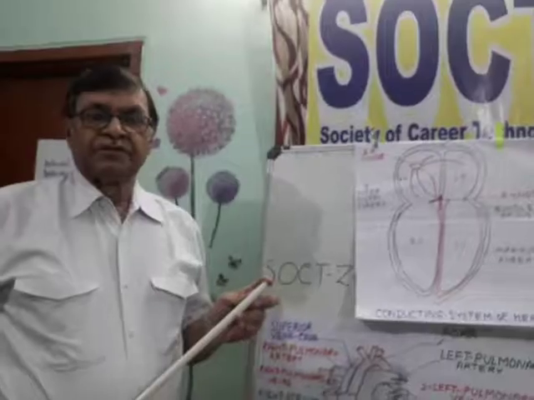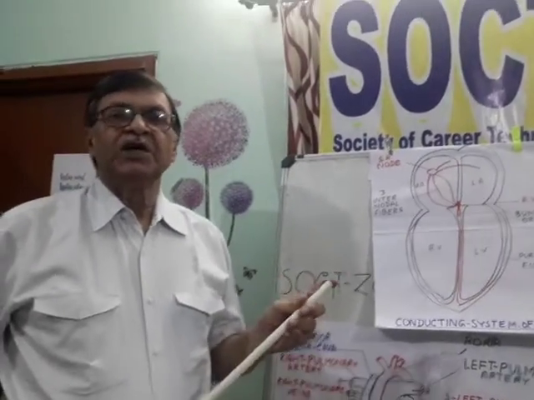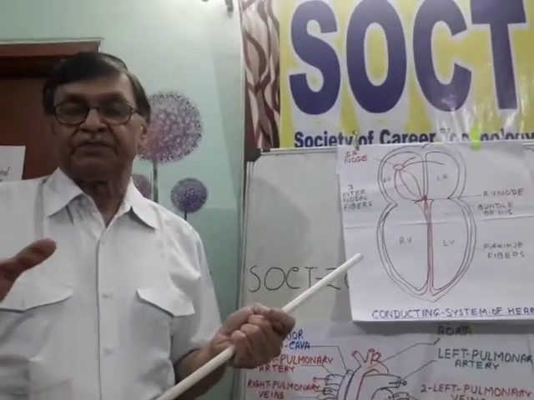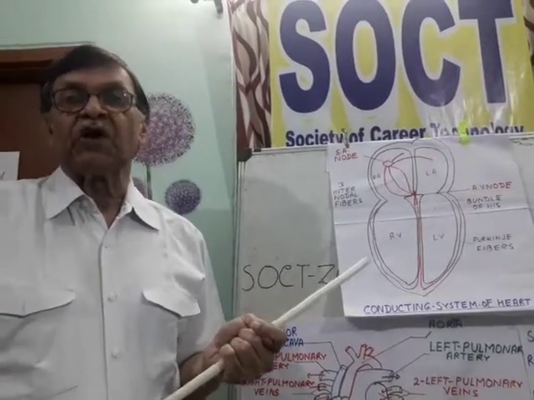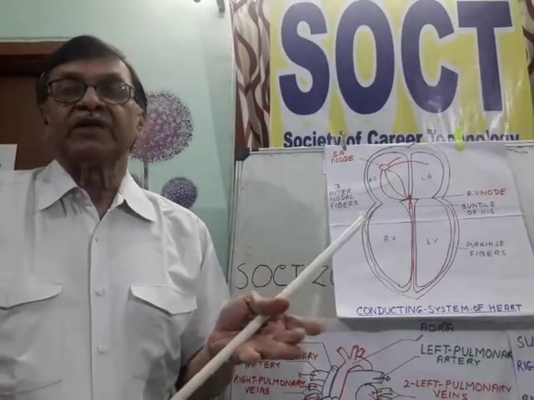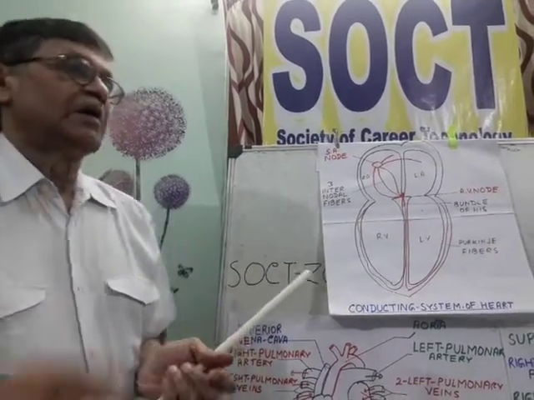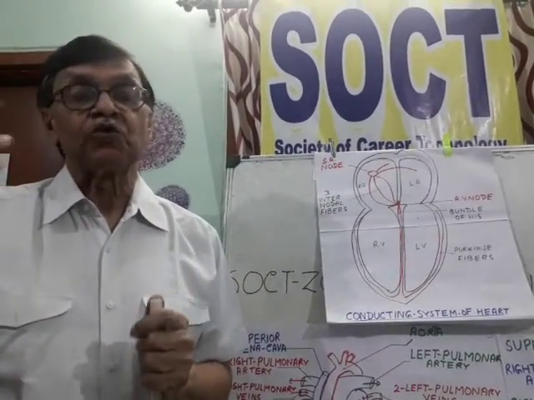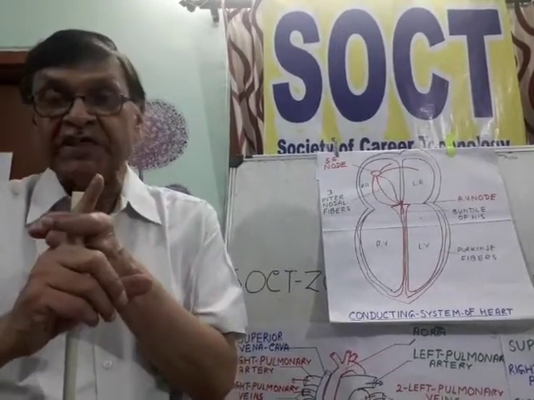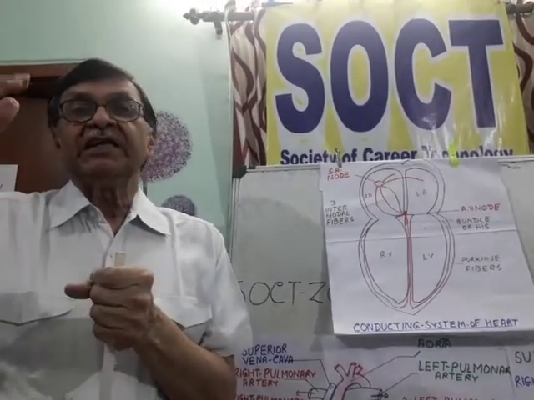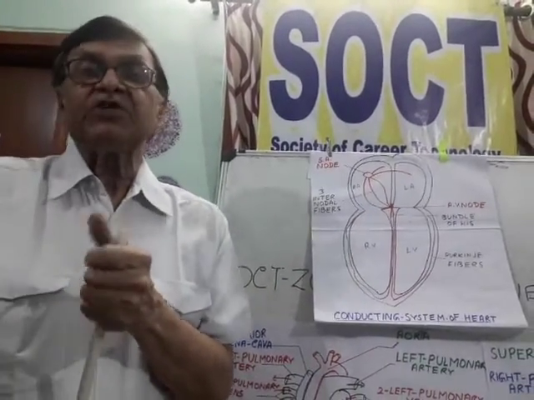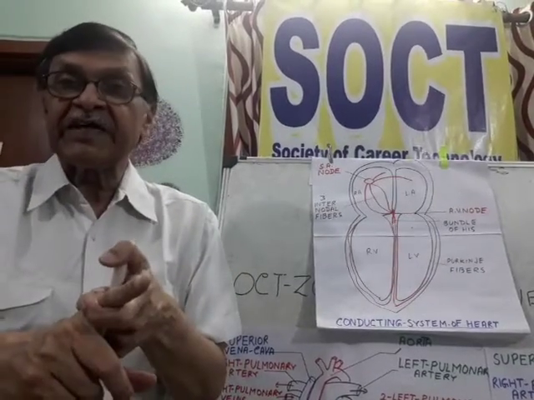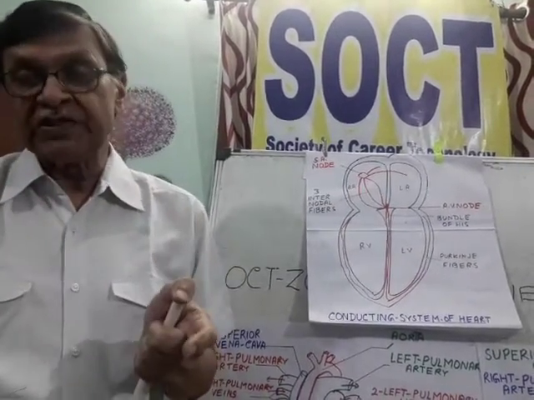Now let us talk about the conducting system which keeps the heart beating all the time. There are two types of hearts. In the heart of earthworm, cockroach, etc., it is neurogenic, in which the order or message for beating is sent by the nervous system directly, so it is called a neurogenic heart.